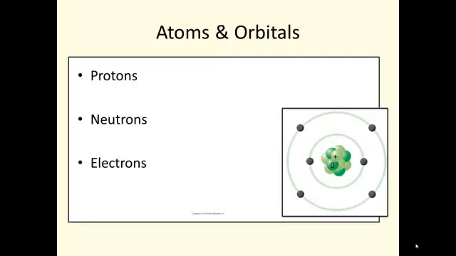It's the number of protons that tells you how the atom is going to behave. For example, hydrogen has just 1 proton. That's why it behaves like hydrogen. That's why it's a gas. That's why it's highly flammable. Whereas oxygen has an atomic number of 8, which gives it its characteristics that make it valuable for us to